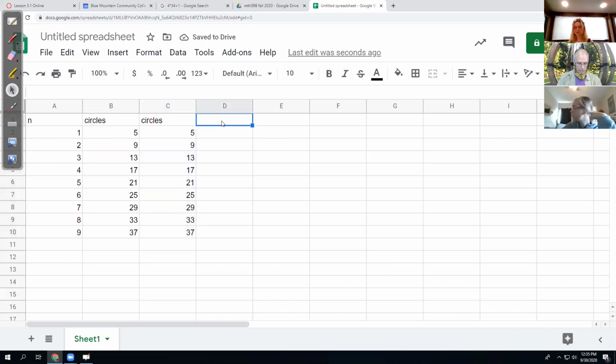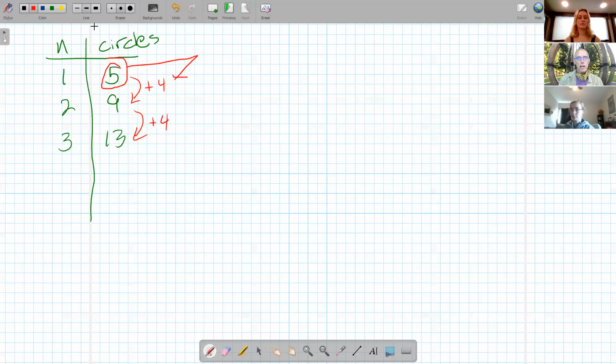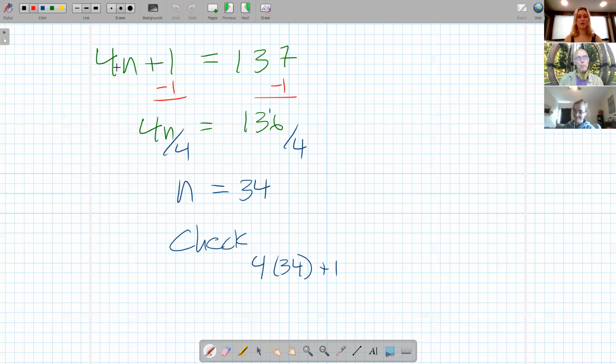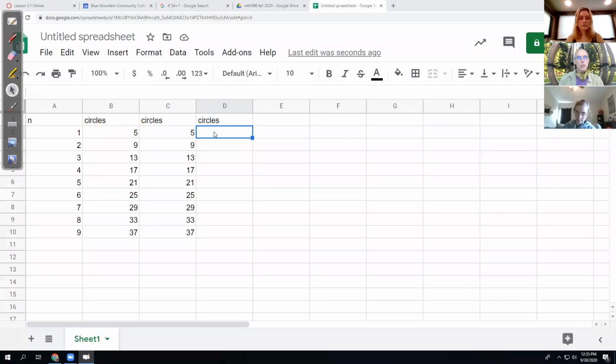All right, third method, and then we're done with spreadsheets for now. So circles here. This time I'm going to use the formula that we came up with, the 4n + 1. So I'm going to tell the computer how to use this 4n + 1 formula. Okay, so to do that, I'm going to type equals. I'm going to use the formula right away. So go to the cell, I'm in D; D1 is my title, D2 is my first thing. I'm going to type equals